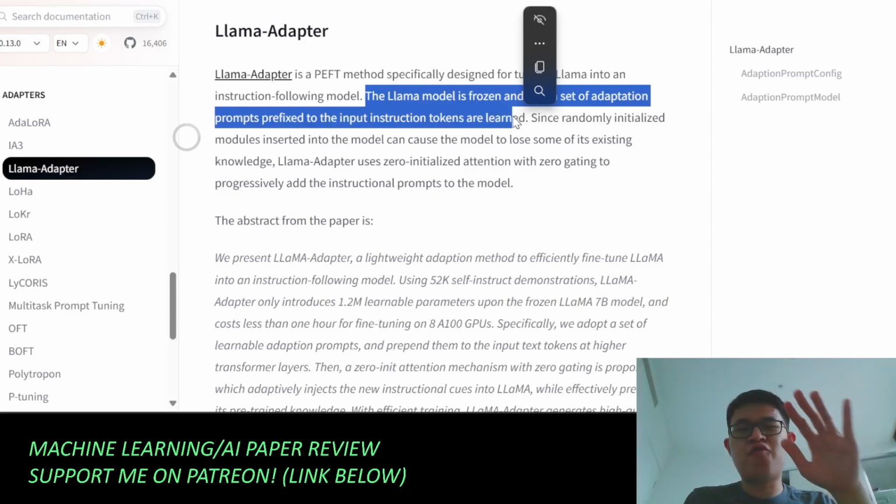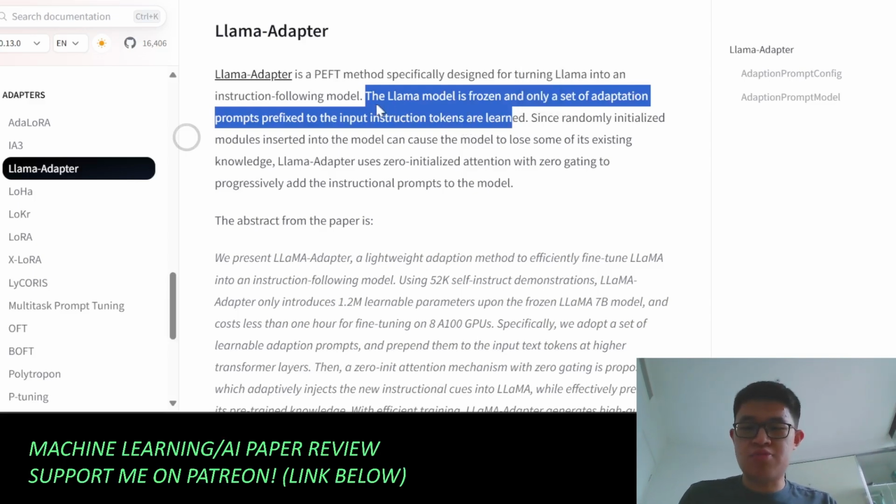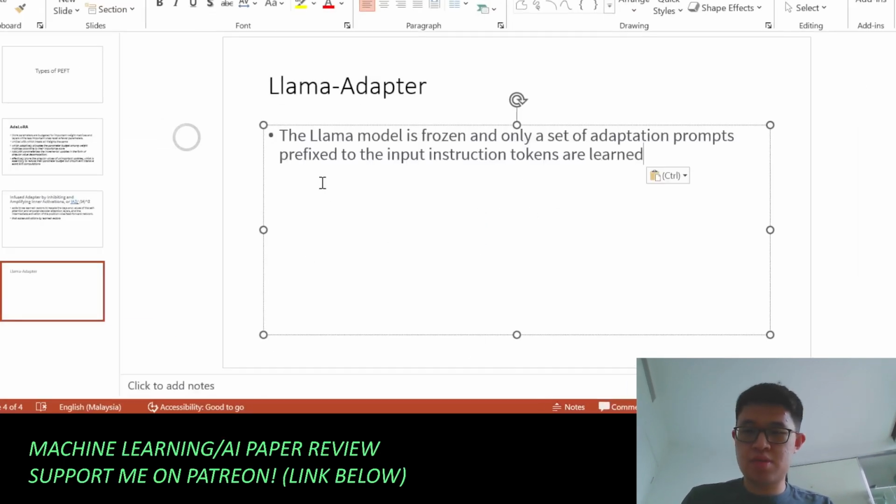Because you freeze the entire model, and that avoids the need for creating new weight matrices for the entire model. You just have to find the right configuration of the learnable tokens. And the hypothesis is that there exists a set of learnable tokens that can improve the model's performance for a given task. And this is what they are trying to do here. So if we copy that,